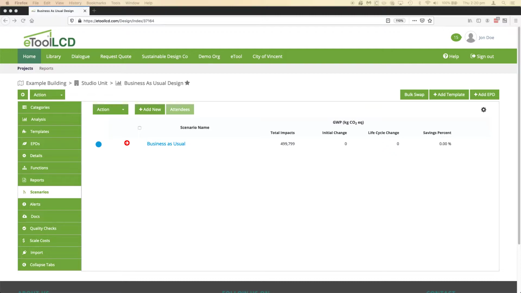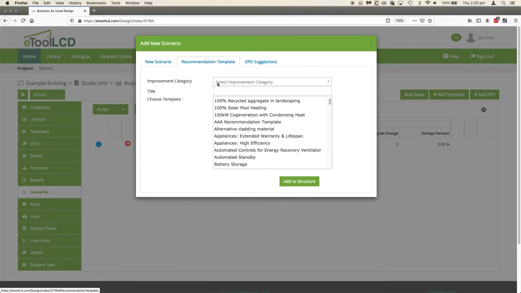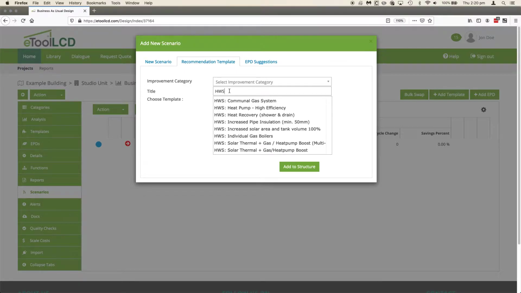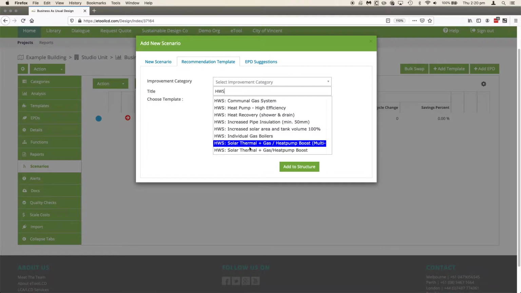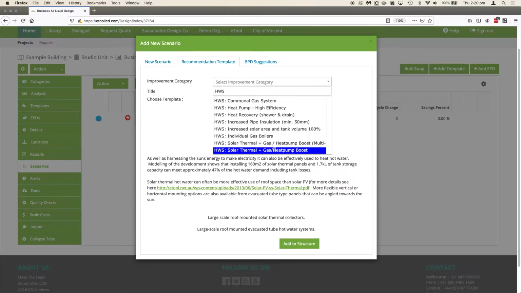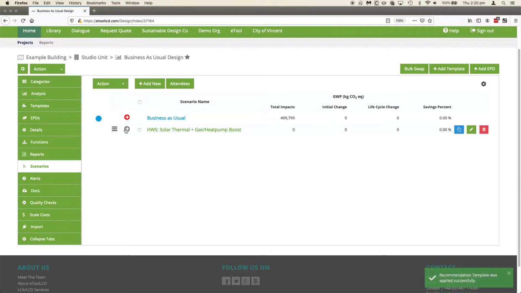So what I'm going to do is give you a brief demo of this today. We'll start with this example design. We've got a business as usual design here. We're going to add the documentation of our new scenario. And we might try some different hot water systems. So this one will be a solar hot water system with a gas heat pump,